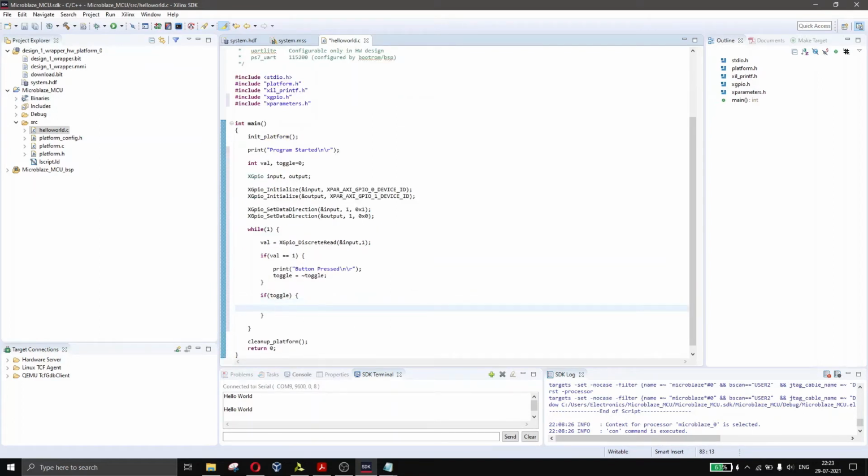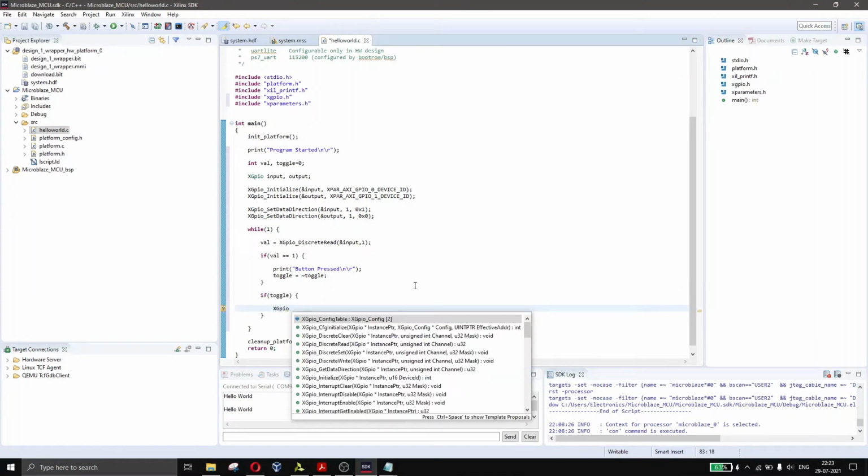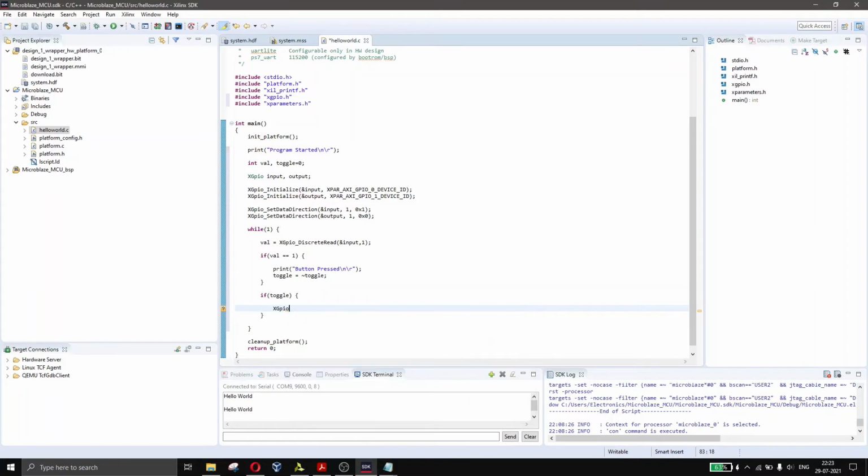what we'll do, we'll write values to the output. So again XGpio_DiscreteWrite, again the instance pointer, the output, comma channel 1, and then we have 4 LEDs, right?